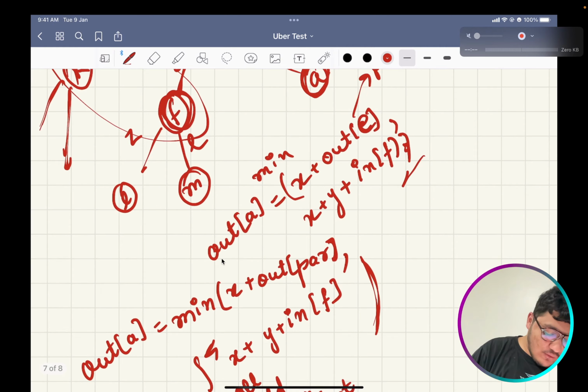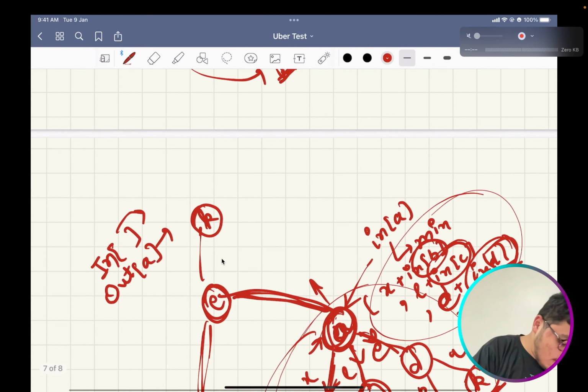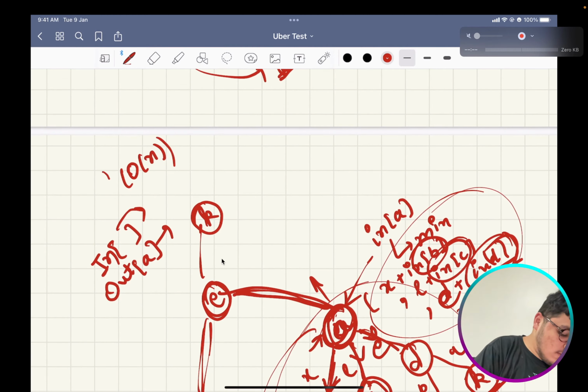This recurrence, and the in values, can both be built in order of n.